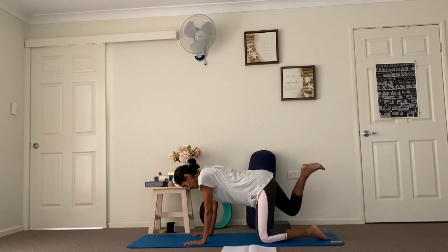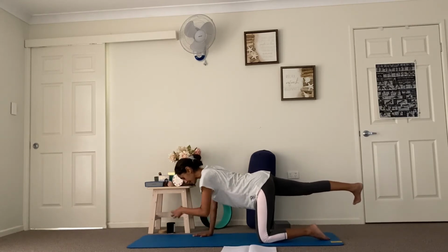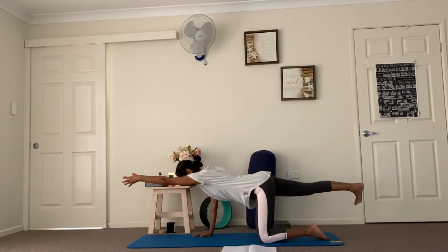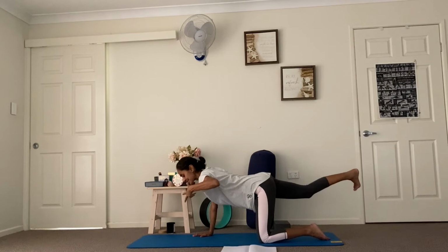Extend the right leg behind you, push out through the sole of the right foot, engage the core and bring the left arm in forward. Just at shoulder height, the arms at shoulder height, the legs at hip height, pushing out through the sole of that right foot. You can either stay here, if you feel that your legs need a bit of a stretch,